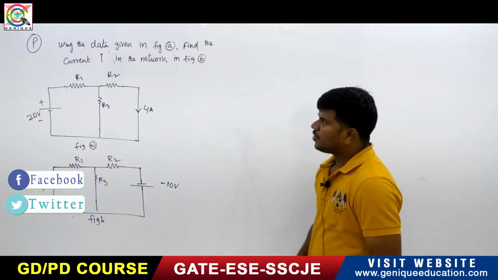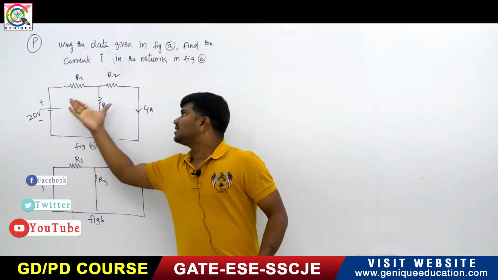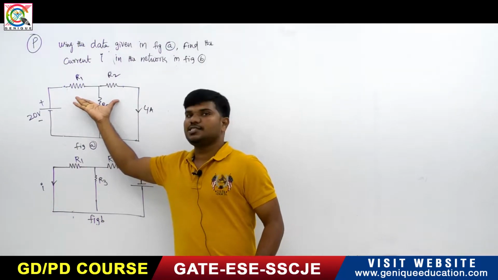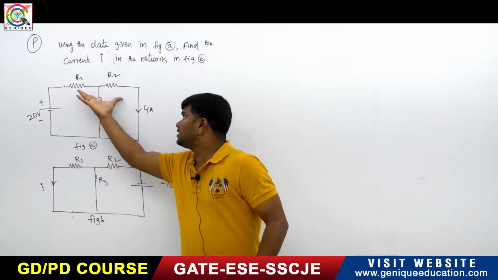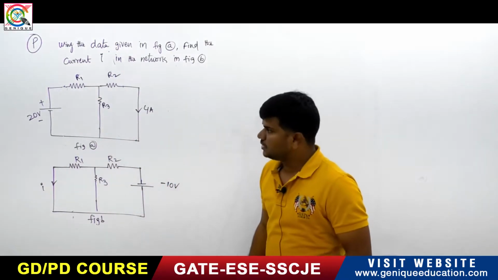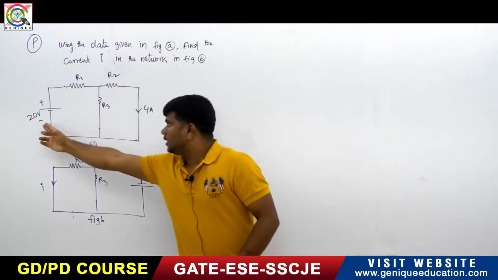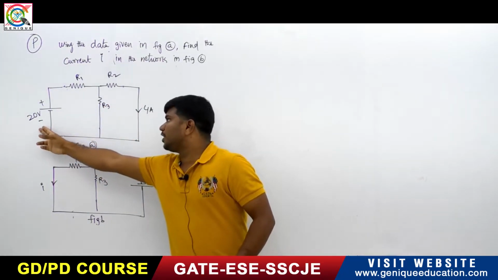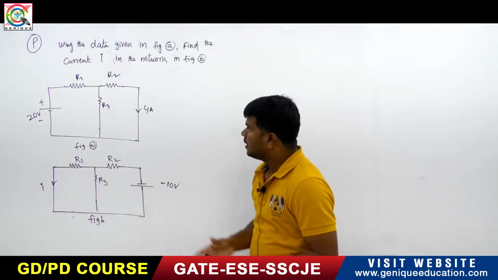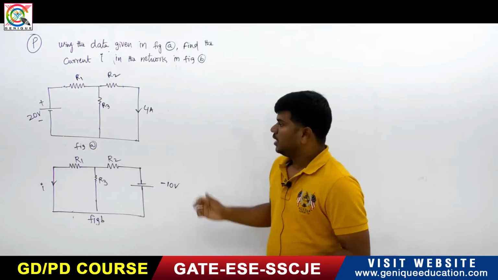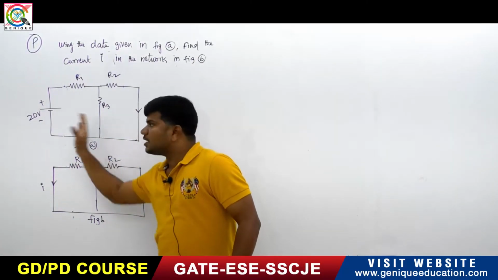If you observe this figure clearly, this is a network consisting of 3 resistors. Here is also a network consisting of the same 3 resistors. The network is not changed here, but the excitation is given as 20 volts here, and the response here is given as 4 amperes. But in figure B, he has interchanged the positions of the excitation